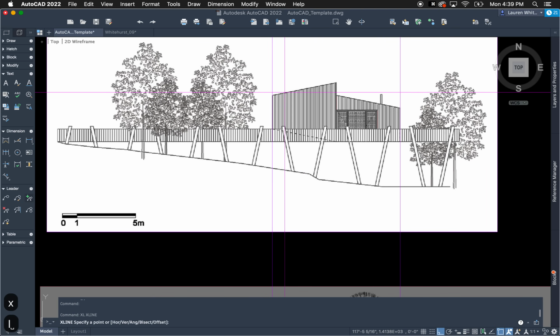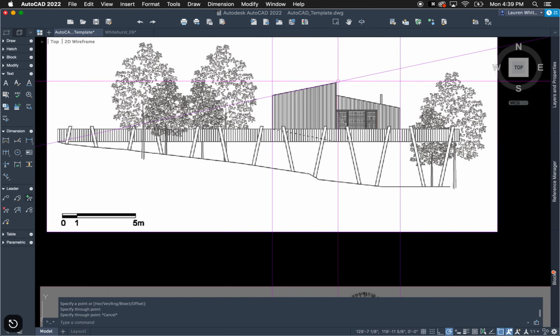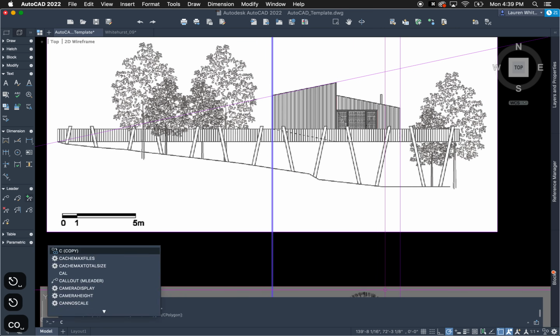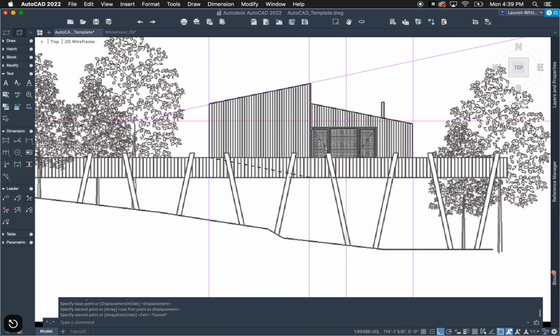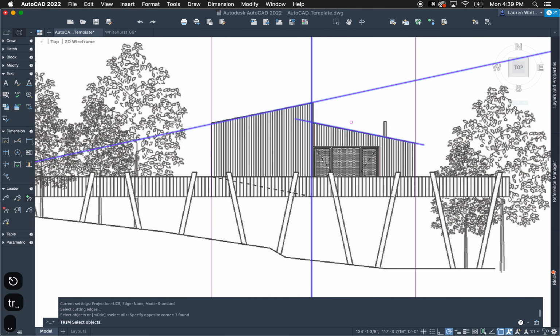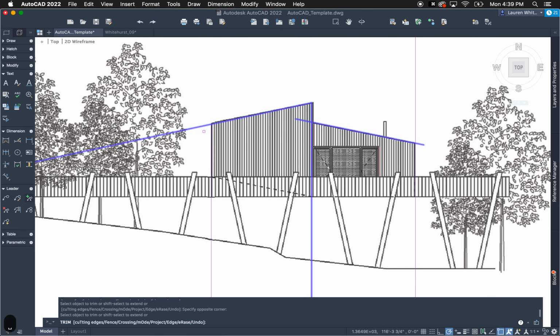So once you've traced the section or the elevation, depending on what you're trying for your project, the other drawing should be easy to make from that because you have half the line weights. So you can just copy it and use it again. So work smart, not hard. But so I know that in this case, my